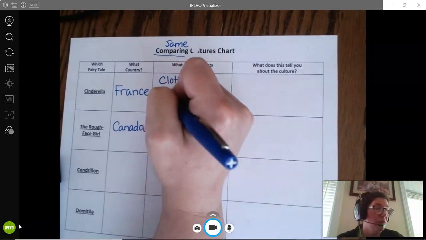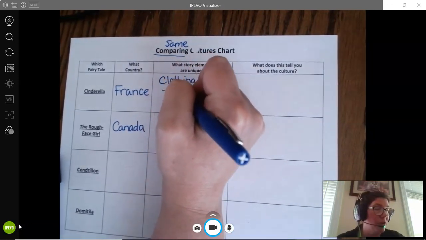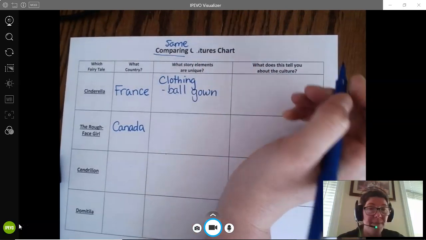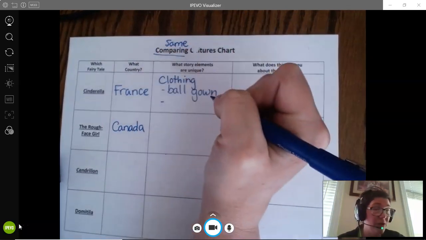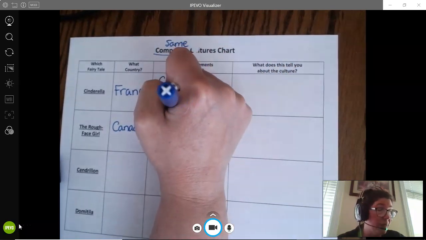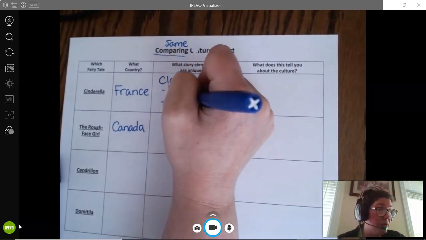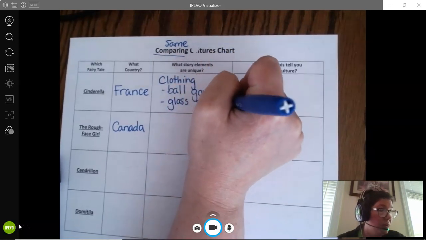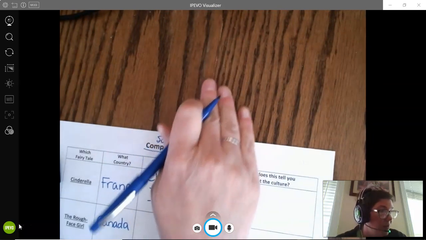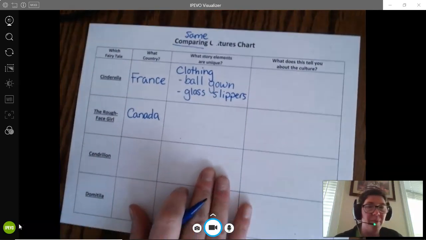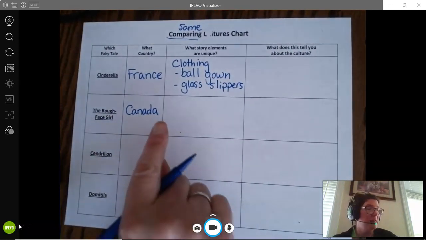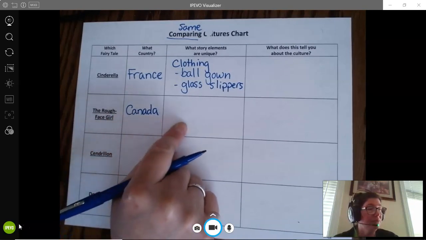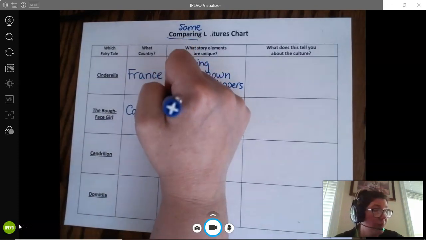And I'm going to put a couple little notes here. A ball gown, okay? And for Cinderella, it was the glass slippers. I have got something on my table here that keeps making my writing bump. Okay. And the rough-faced girl, her clothing,